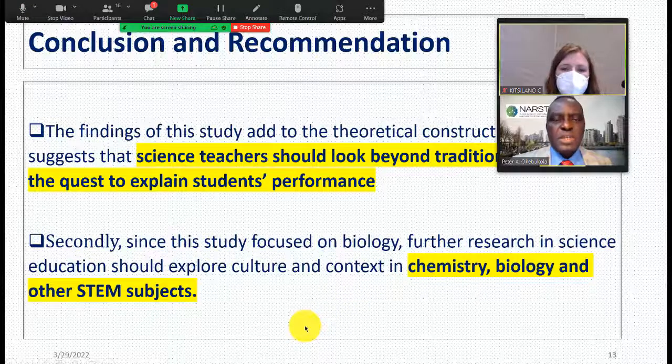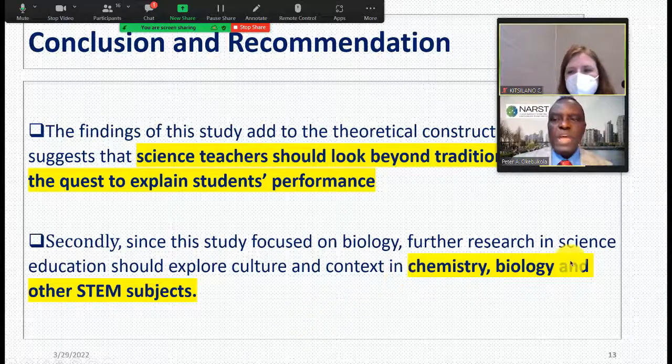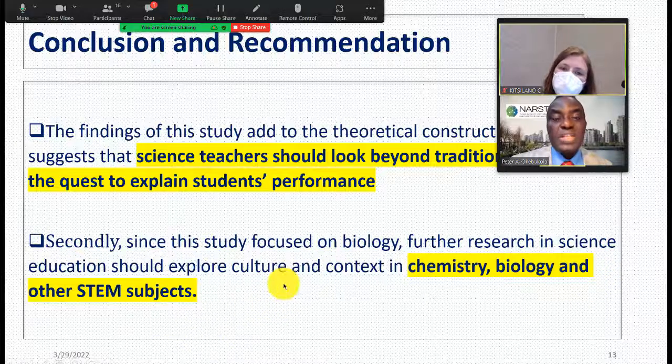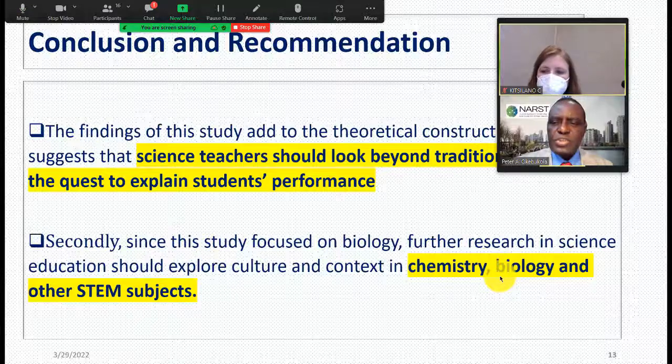The second thing, which is our recommendation, by the way, is that we need further research in science education to explore culture and context in chemistry. Professor Michael Ahove, you are in the room here. I can see you. You are a great chemist, and so we must conduct studies relating to chemistry, relating to other biological topics, to physics, to maths, to computer studies. So what we should do is see how our students explain concepts, explain phenomena, rather than just what is a logic gate, what's an acid, what's a base.